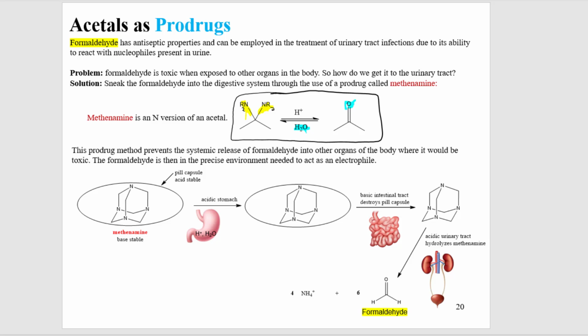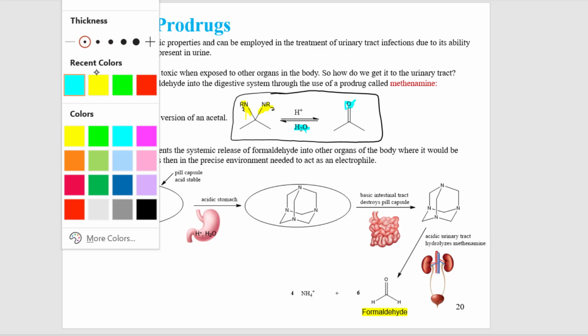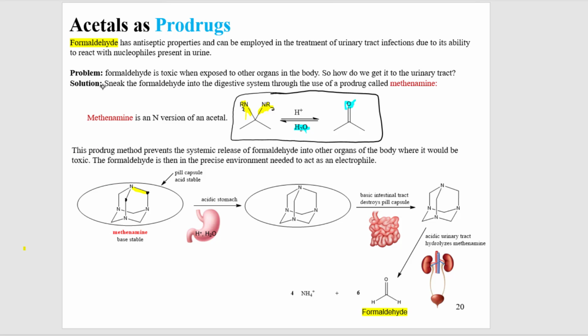So take a look at this very, very interesting kind of cagey bicyclo molecule. If you'll notice, each one of these carbons has an NR2 off of it. 2 NR2s. Each carbon has 2 NR2s off of it. See? Now, what I'm going to draw your attention to is the fact that aldehyde,